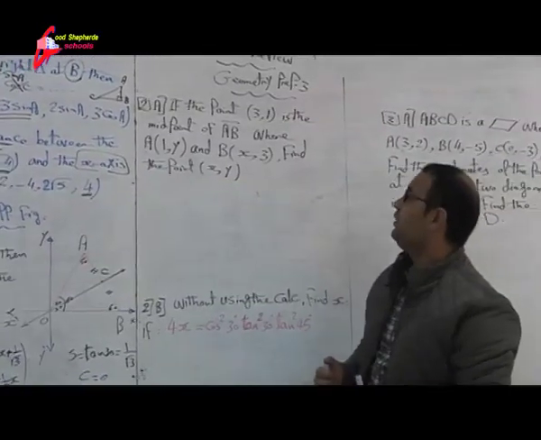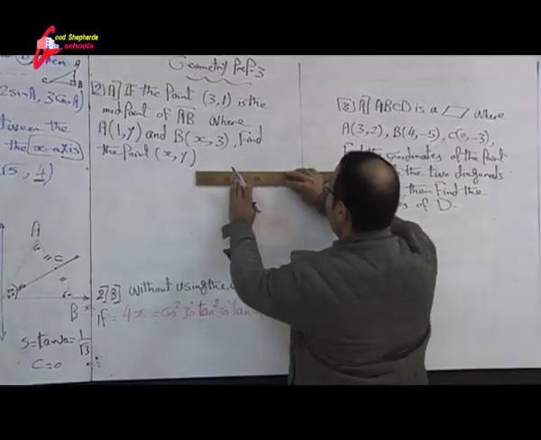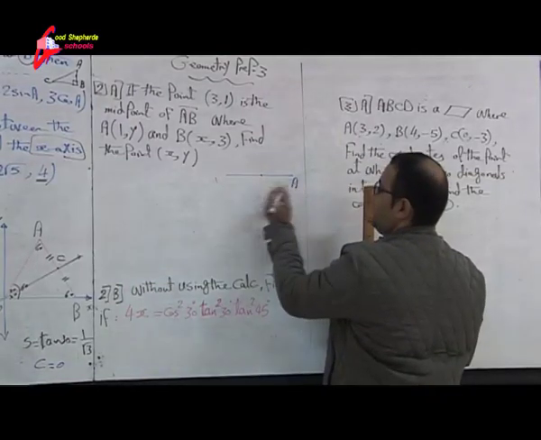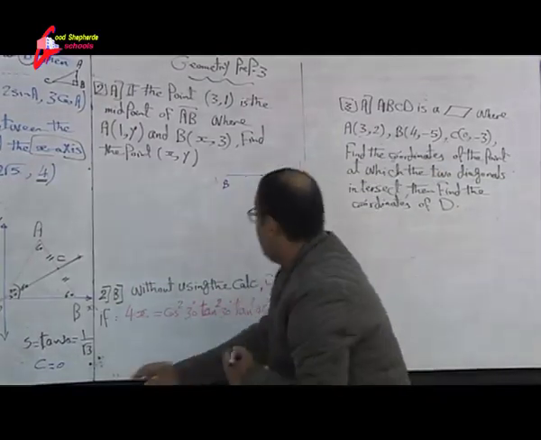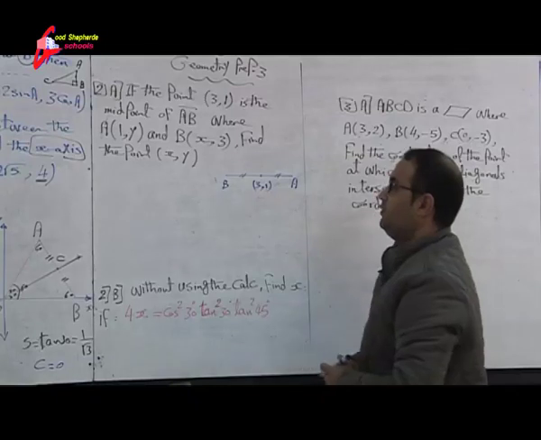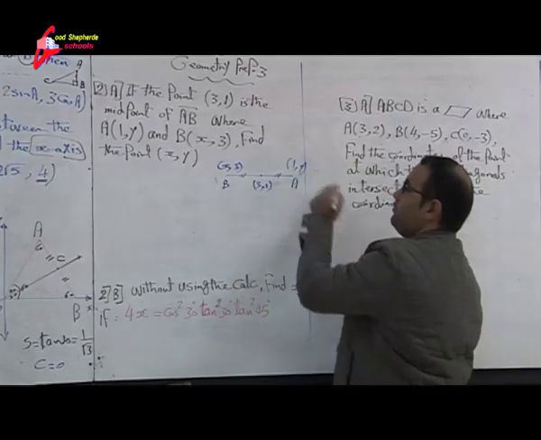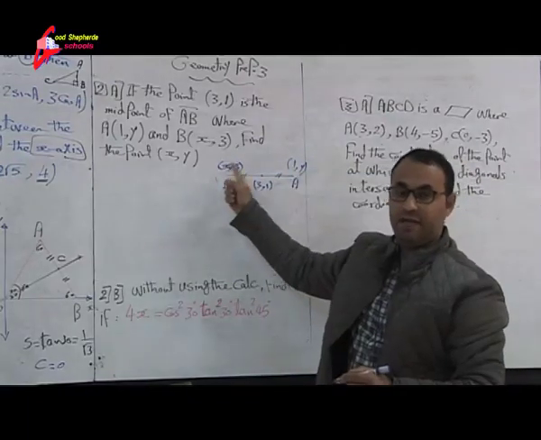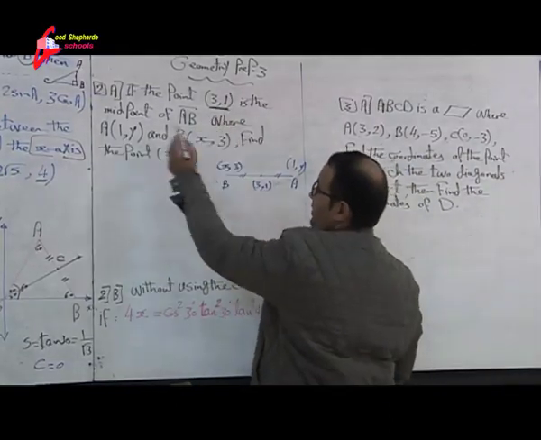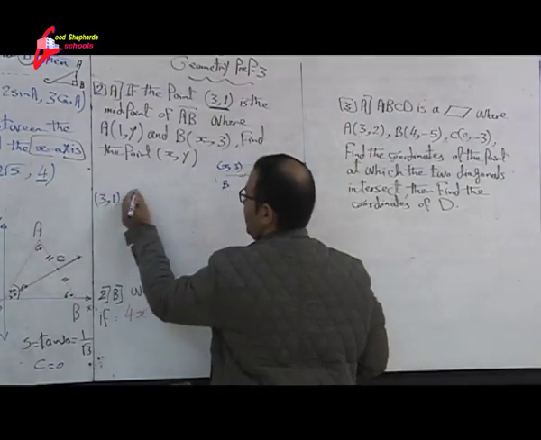Question number 2a. If the point (3, 1) is the midpoint of AB, we have a line segment AB, and the point (3, 1) is the midpoint of this line segment, where B is (x, 3) and A is (1, y). Find the variable x and the variable y. Be careful, he said this is the midpoint. So the midpoint is (3, 1) equals